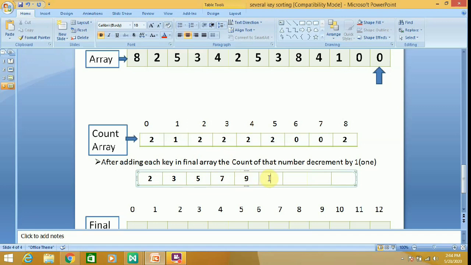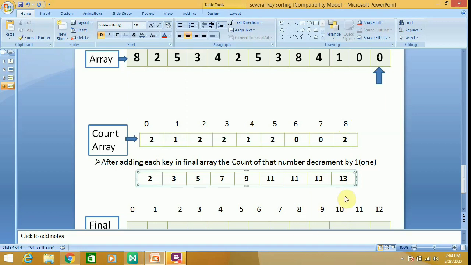Next, how many times is the key element 5 repeated? 2 times. The position already ended at 9, so the remaining two positions are occupied by element 5. Next, 6 is not repeated, so 11 plus 0. Next, 7 does not appear in the list, so 11 plus 0. We end up at position 11. Now 8 is repeated 2 times, so 2 more positions are added, that is 13.